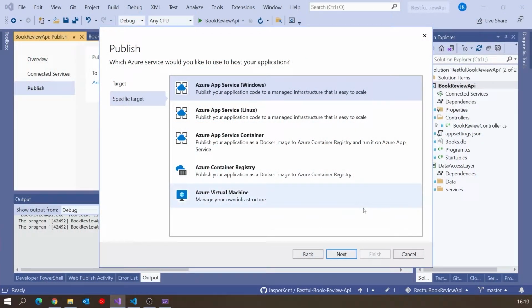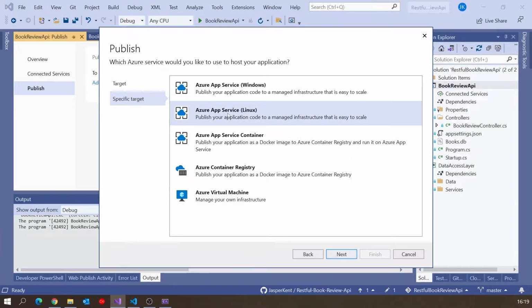So we'll select Azure, and then we make the decision as to how we're going to deploy, whether you want your own virtual machine. So that would be a really high-end, high-usage website where you needed to configure the virtual machine very carefully. The normal ones that I'd be going for would either be the Windows or the Linux. And in fact, Linux is what in most cases I'd deploy to. The fact we can deploy to Linux is one of the key benefits we get with .NET Core, because .NET Core runs on both Linux and Windows, whereas older versions really only ran on Windows.